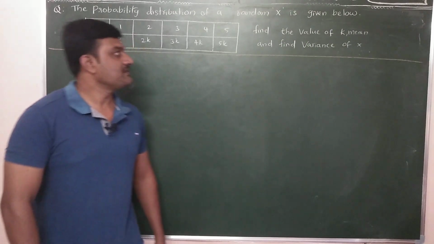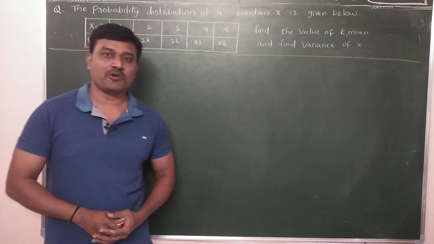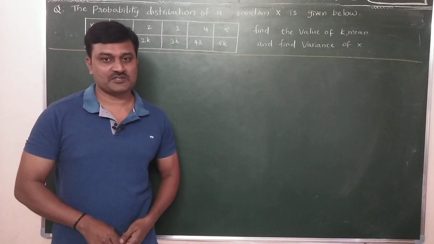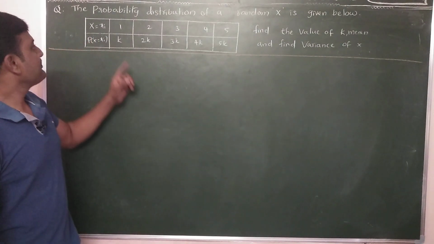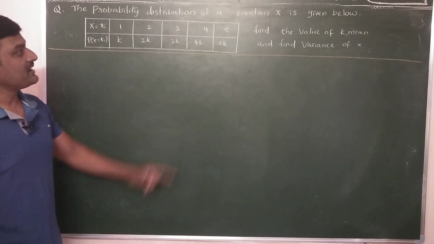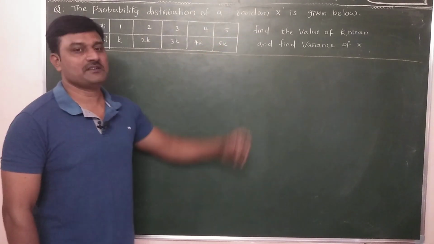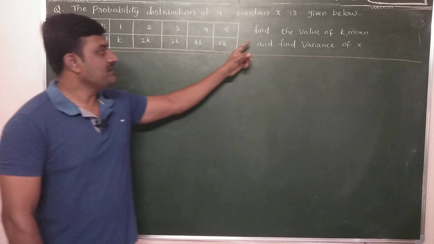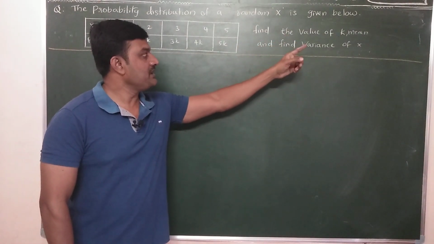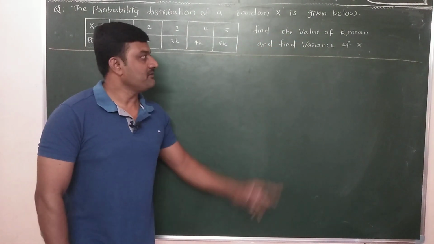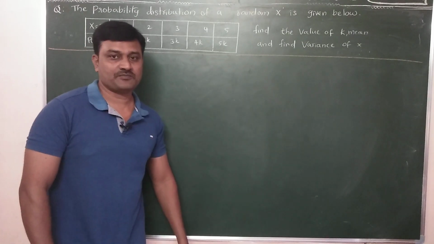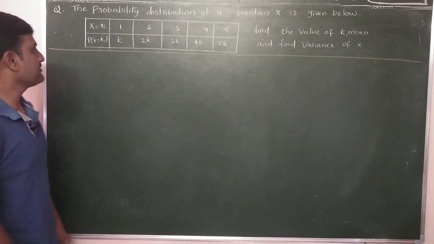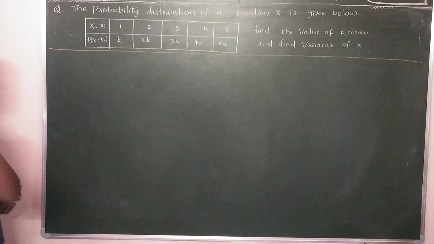Today's topic is random variable and probability distribution, a long answer type question. The question is: the probability distribution of a random variable x is given by this table. Find the value of k, and find the mean and variance of x also. Okay, the solution is